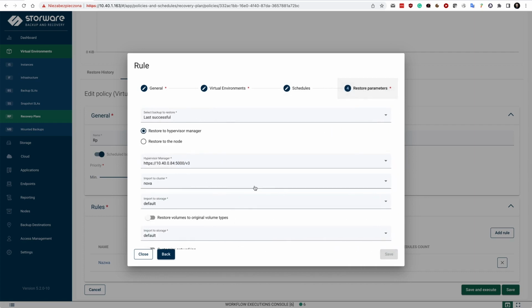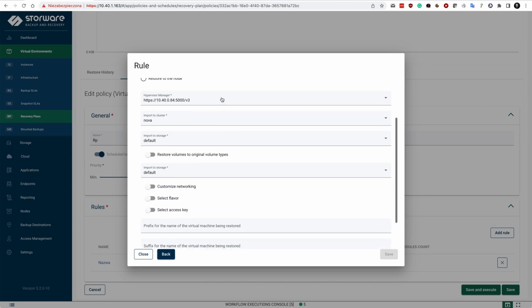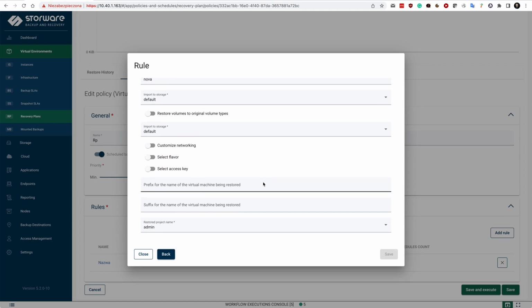And then in the restore parameters, you have to define mapping. You can specify that you would like to restore the last successful backup, or maybe you would like to try to restore even failed backups because you would like to have that in your report, and then specify the target for your restored VMs. Optionally, you may overwrite existing instances based on their name,